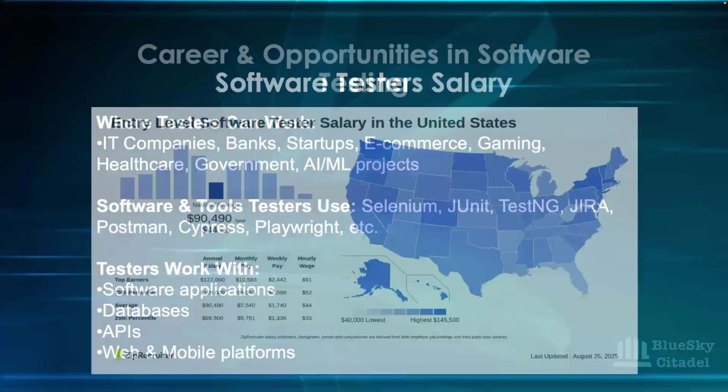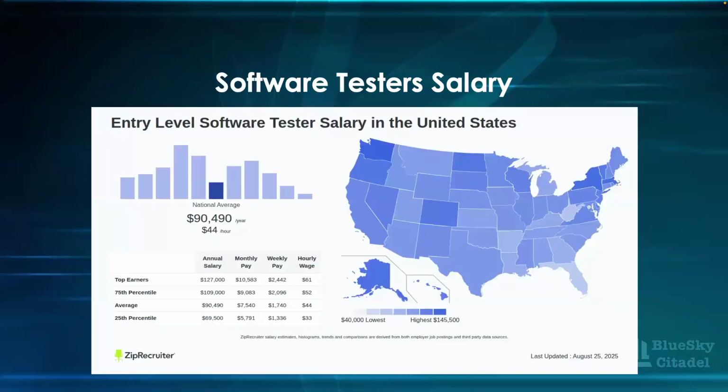So moving on, this is the average software tester salary. As you can see, the top earners make 127, the 75th percentile is 109, the average is 90, and the 25th percentile is 69. This is for the US. For the UK, salary is way lower than the US, so keep that in mind. The average in the UK is 40,000